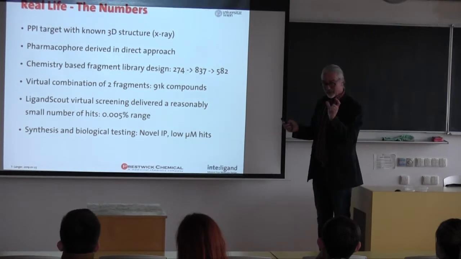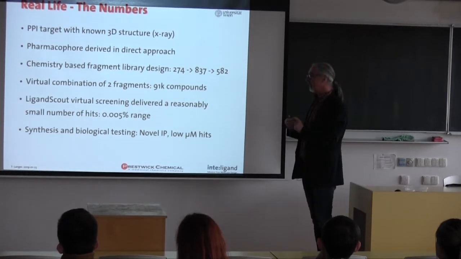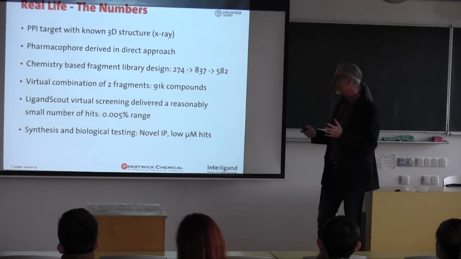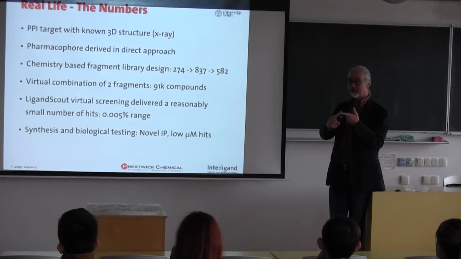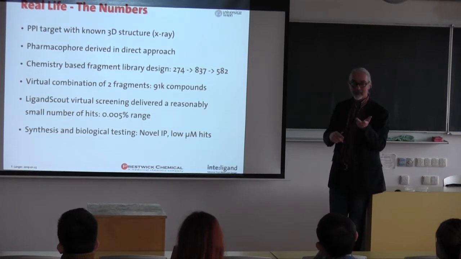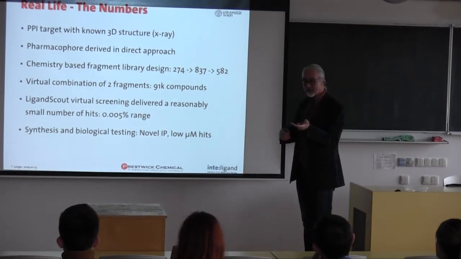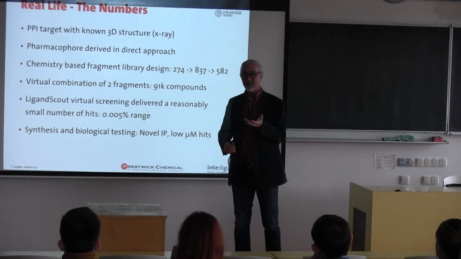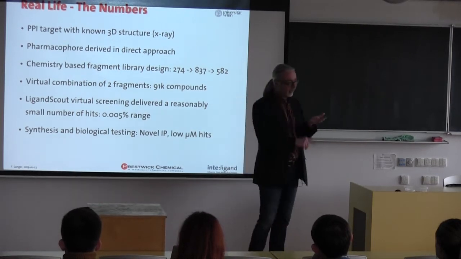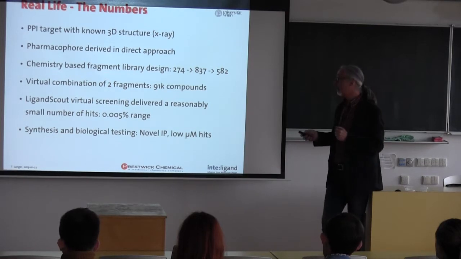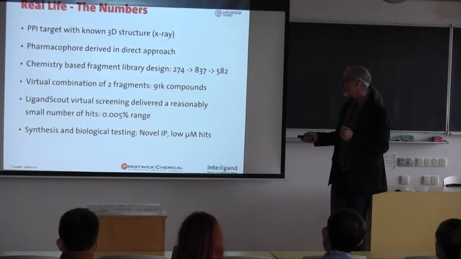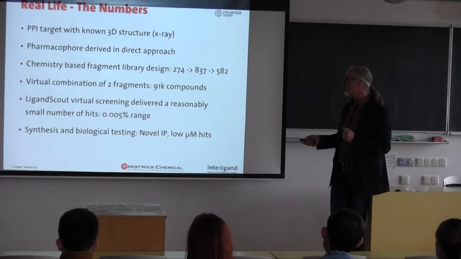Like still small molecules that have a molecular weight of below 300, etc. So the typical fragment-based thing: molecular weight lower than 300, a maximum number of 3 for H-bond donors, a maximum number of 6 for H-bond acceptors, and 3 rotatable bonds. This is the rules for fragments in drug discovery. And so LigandScout then, the virtual screening, delivered a reasonable small number of hits, in the 0.005% range